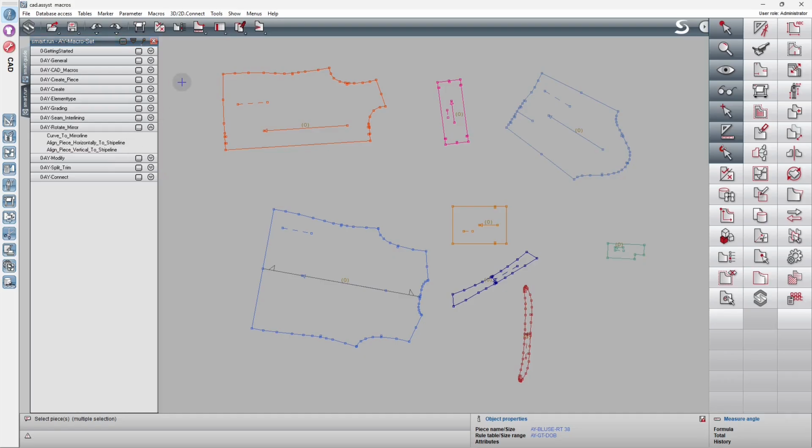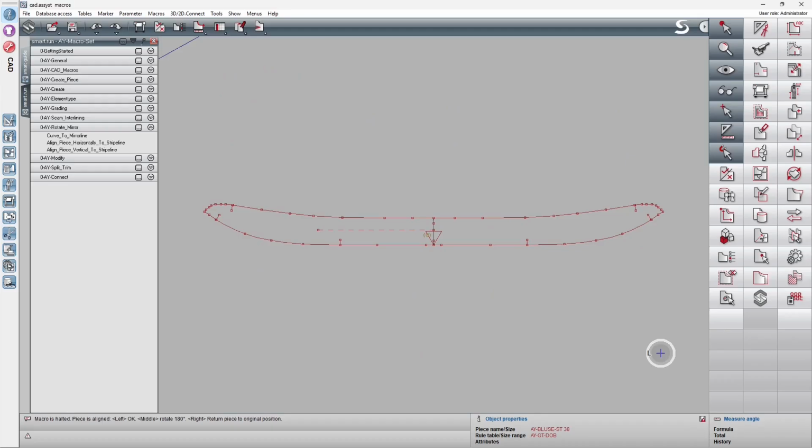Start the macro. Select the pieces. The macro analyzes the pieces and selects the stripe line with the lowest matching number for orientation. Piece by piece, you are prompted to either confirm the alignment by clicking left,